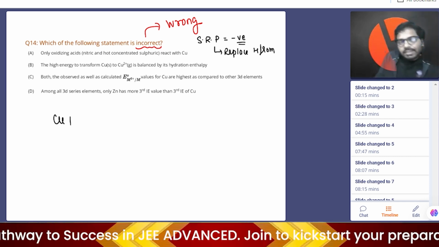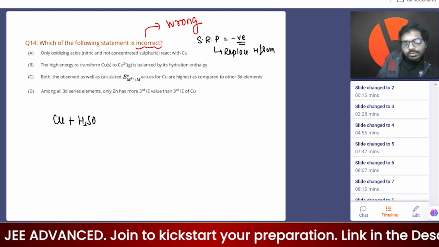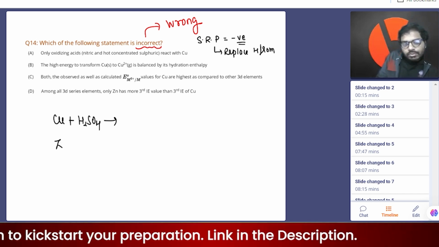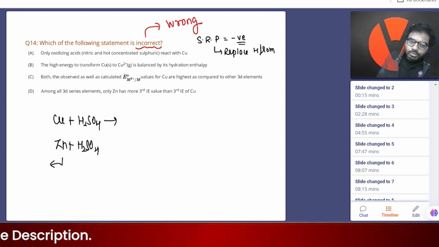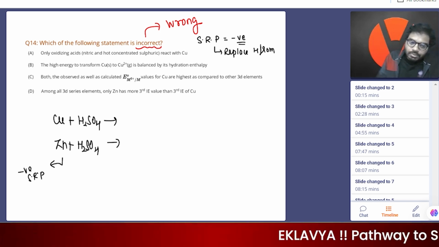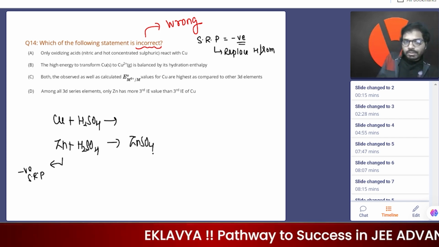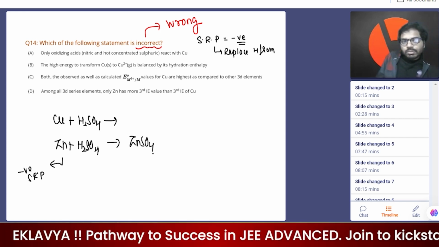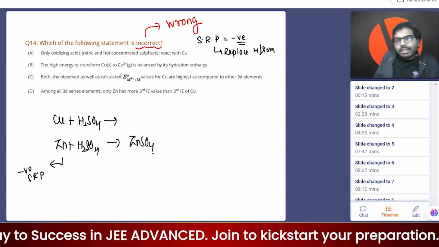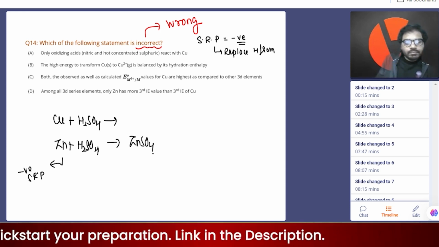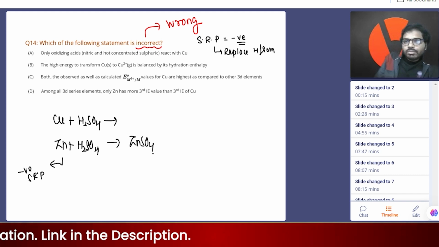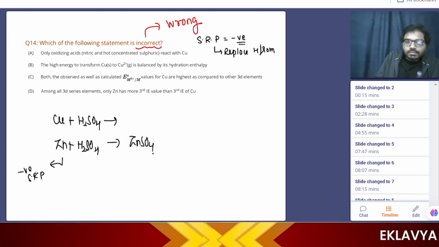So that's the reason, if we see the question here, Cu plus H2SO4, no reaction will be there, but Zn plus H2SO4, Zn has a negative SRP, standard reduction potential. It will replace the hydrogen, so it will become ZnSO4. So the first option is correct. Now, the high energy to transform Cu to Cu2+,